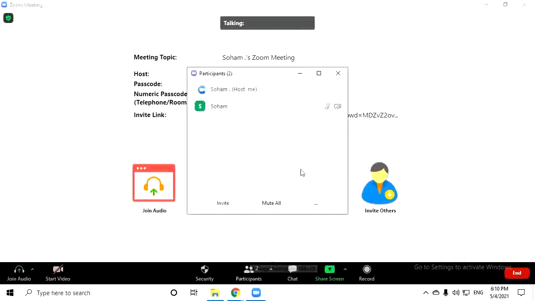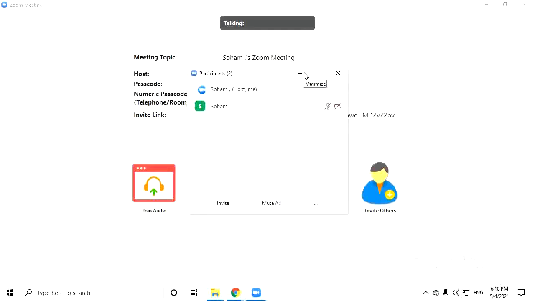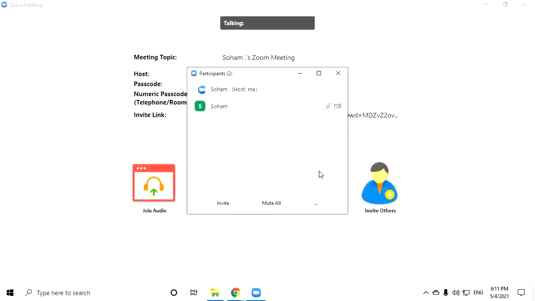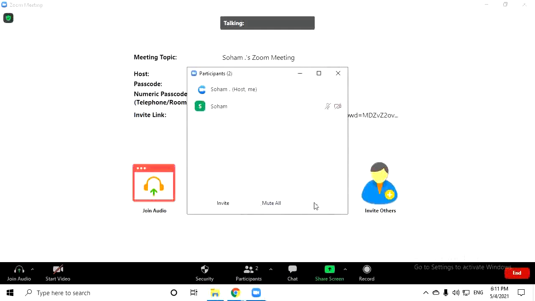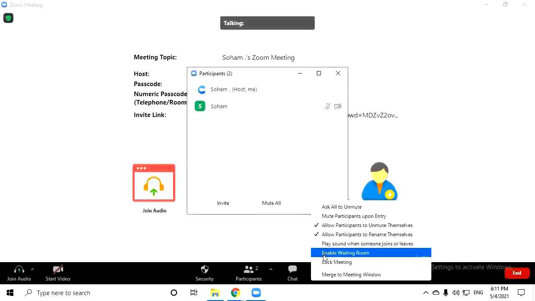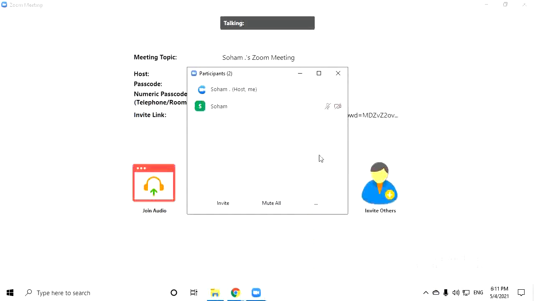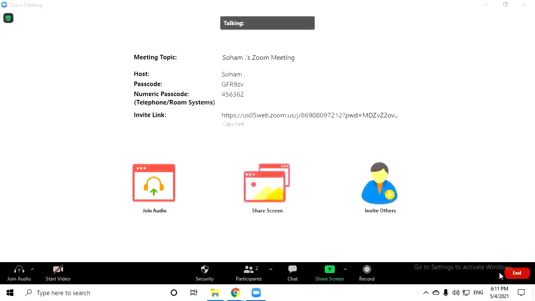So now you might have noticed that this participant was the host before, but since I had rejoined, now I got my host power back. So we can mute everyone, and they can be allowed to either unmute themselves or not. So after we click on that, we can do that. And there are quite a few options here also. These are all your choice, you can do that.